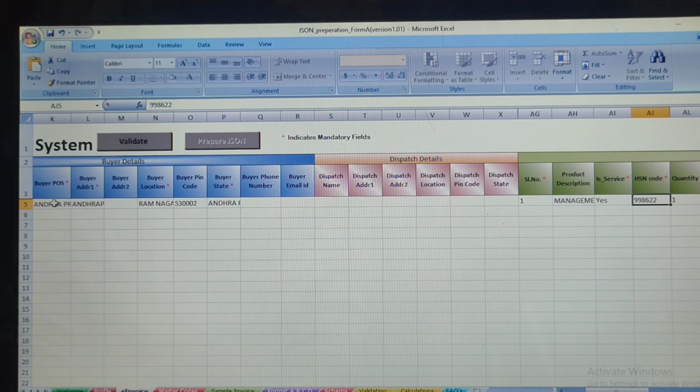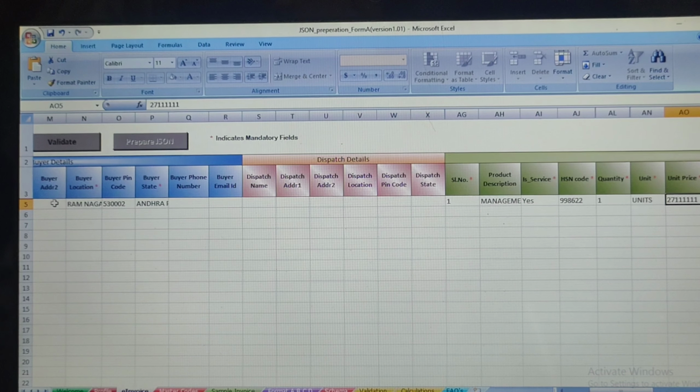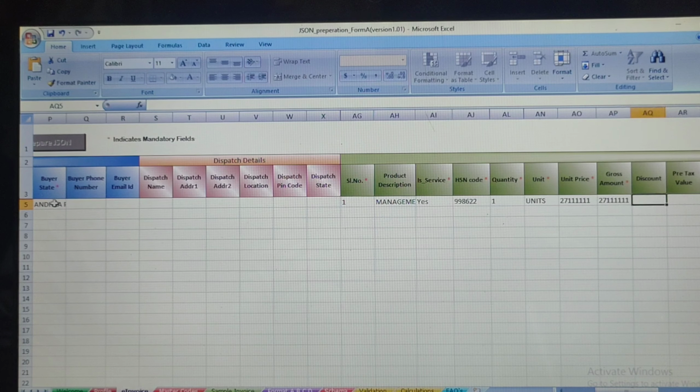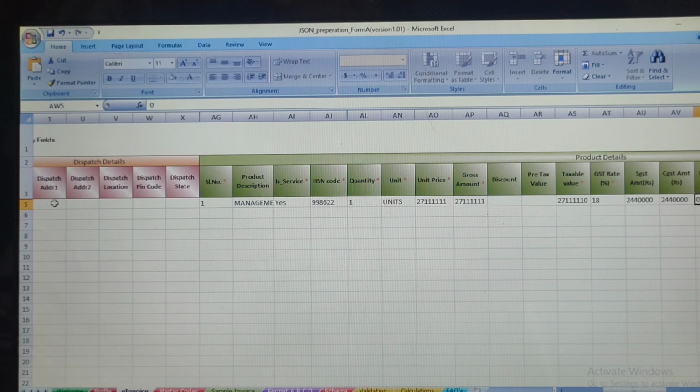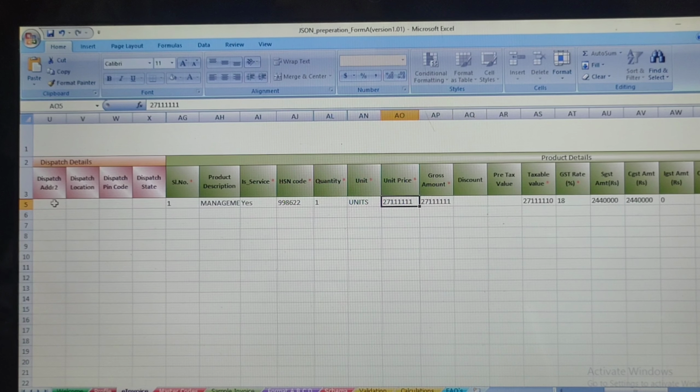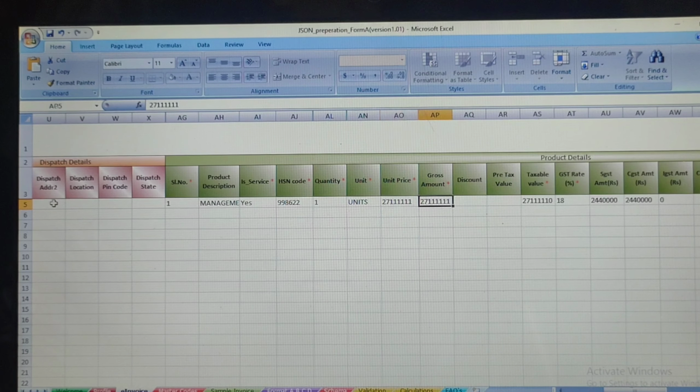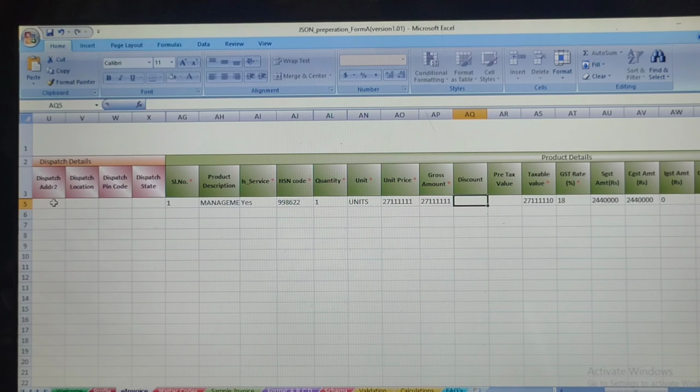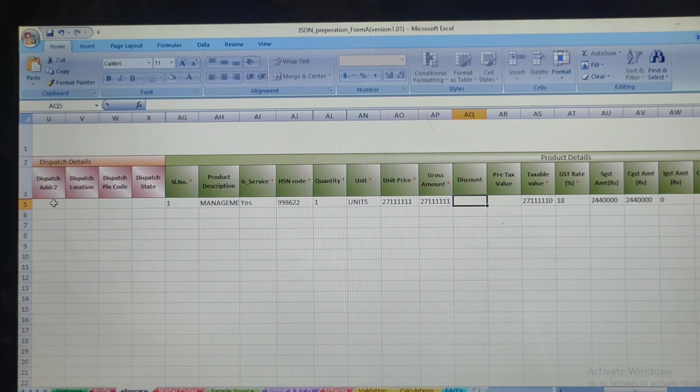I have filled the HSN code details and quantity details, unit price and gross amount. See, here it is important: unit price into quantity should be the gross amount. And I have no discount in my case, so I have taken 0.